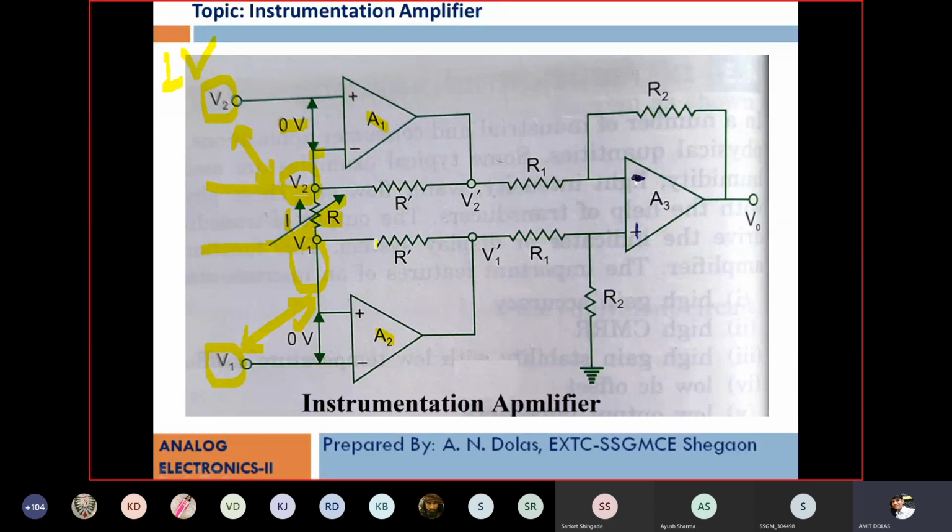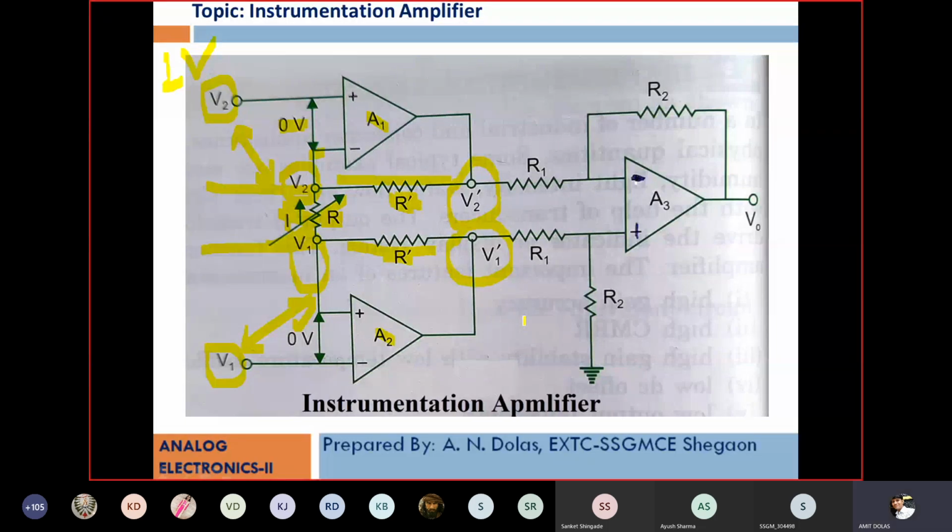As there is no current, there will not be any current in R and R dash. They are physically connected, of course, but as there is no current into R, whatever current there was would either go into the upper R dash or into the lower R dash. But there is no current into R, therefore there is no current into R dash. So can anybody tell me what the voltage V2 dash and V1 dash is in this way?